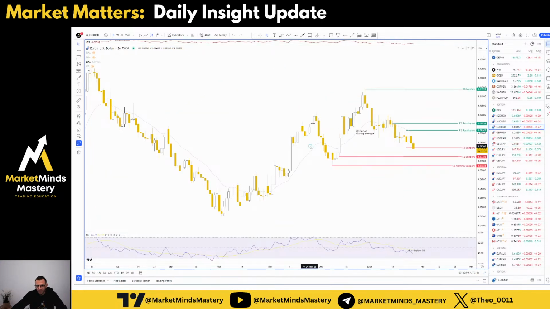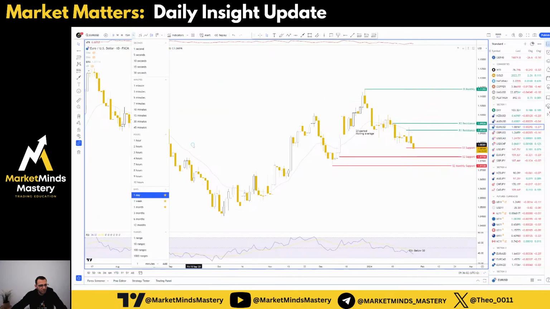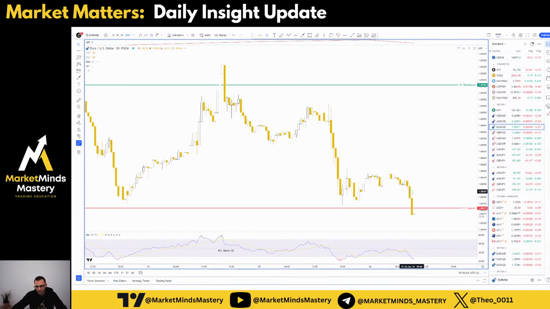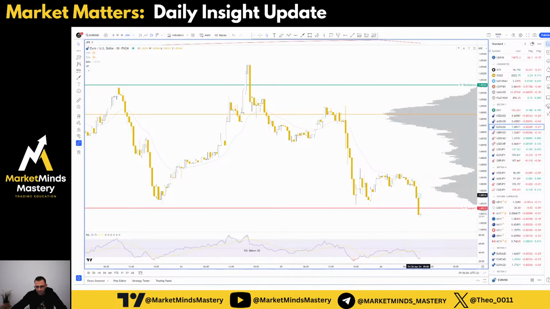Like today, this morning, I'm looking at the euro US dollar, let's say on the 30-minute chart. Let's see what's going to happen. If this is going to end up as a bullish engulfing, guys, and it's going to close above this S1 support, it means a false breakout occurred. And with the bullish divergence on the RSI with bearish lower low price action, I will definitely go for a long position and I will target this area here.